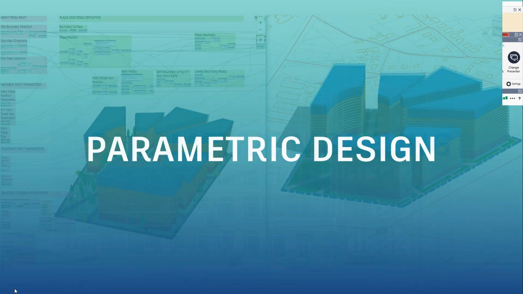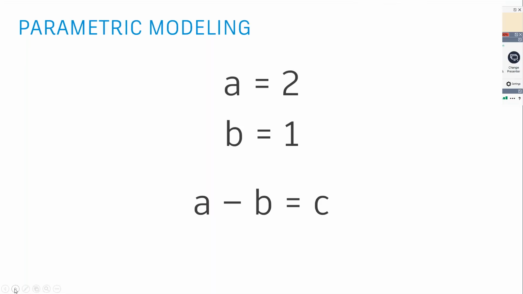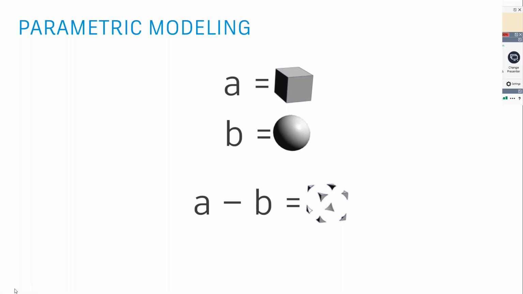But then we grew further in terms of technology adoption, and then came the era of parametric modeling and parametric design, and that is where Revit came to the fore. Now, what do I mean by parametric modeling? The aspect is easy. Any design that I do is based on certain parameters. Those parameters could be used for a mathematical operation, or a graphical operation, and in our design we are typically more focused on graphical operations.